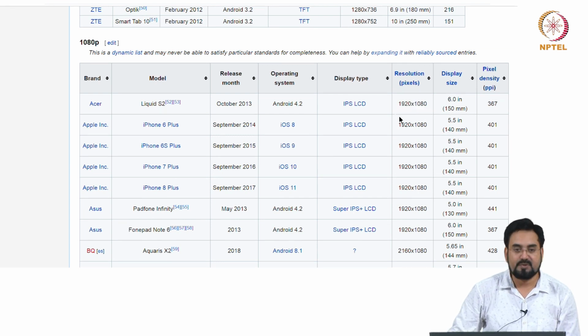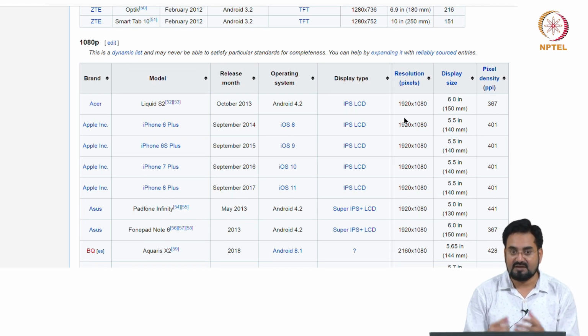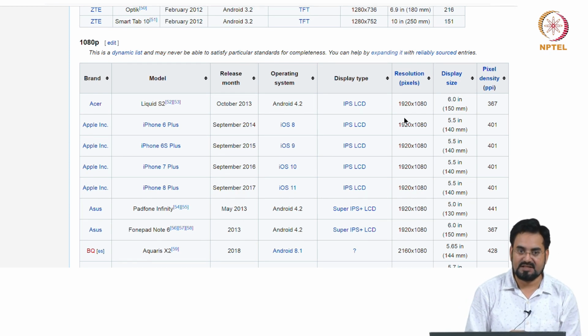Now it's quite possible that for a bigger display, if you want to maintain the same resolution as a smaller display, it may be divided into multiple sub displays. So then your power management requirement will also change. Let's say you have two 6-inch displays combined together, you divide in two halves, and you can put two separate drivers in parallel, and each segment will require its own regulator. And for the backlight also, let's say your cell phone requires 4 to 8 LEDs, but if you are looking at a television, it may require maybe 10 times more LEDs for the backlight.